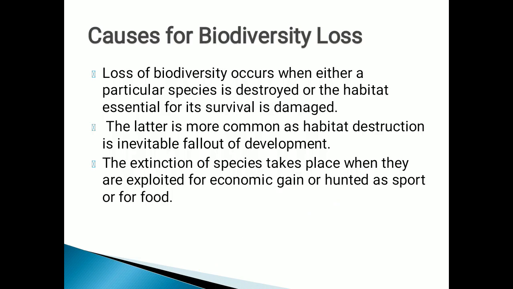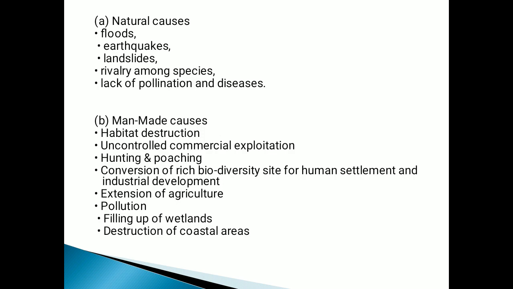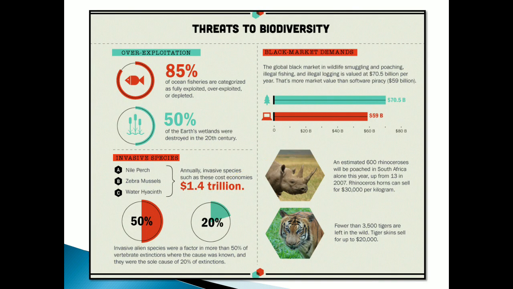But what causes this biodiversity loss is the important concern here, because loss of biodiversity is damaging. Habitat destruction is damaging because of natural as well as man-made factors. What are the natural factors? Floods, earthquakes, landslides, lack of pollination and diseases that cause the species to deteriorate. On the other hand, man-made causes like habitat destruction, uncontrolled commercial exploitation, extension of agricultural practices, pollution, filling up of wetlands and destruction of coastal areas are some of the man-made causes which are threatening